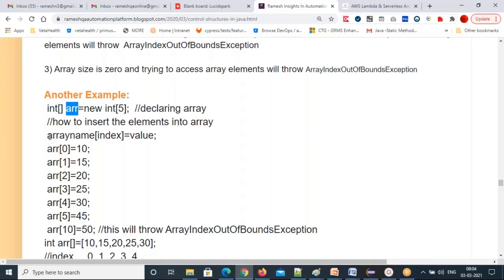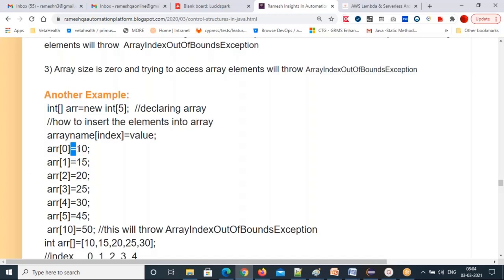This is the syntax: array name of index equal to value semicolon. The array name is arr. The first element index is always 0, right? So at the 0th position I am putting 10. Then arr[1] = 15, arr[2] = 20.